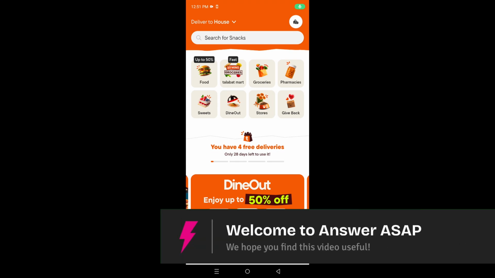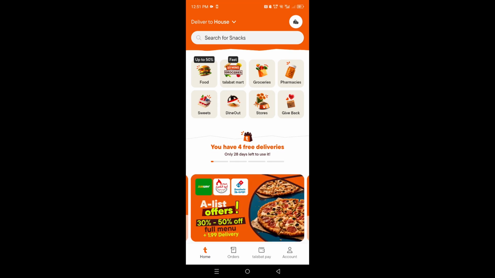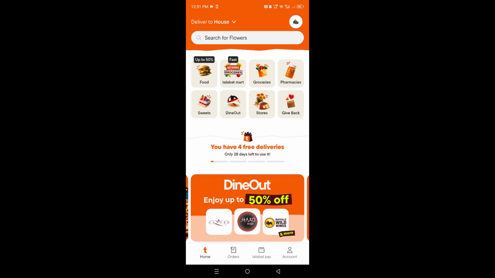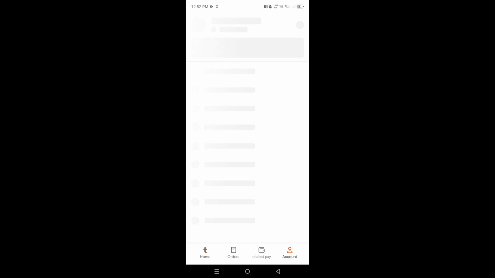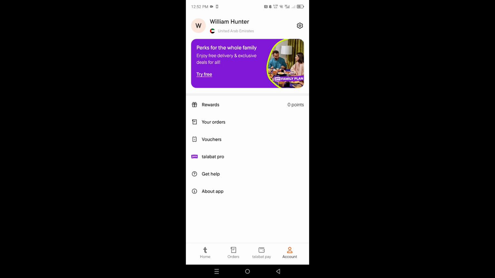Hey guys, in this video I'm going to show you how to change location in Talabat app. The first thing I want you to do is launch the Talabat app and then come to the bottom right. You'll see this account option or profile icon. I want you to go ahead and tap on this and you will be redirected to this page, and from